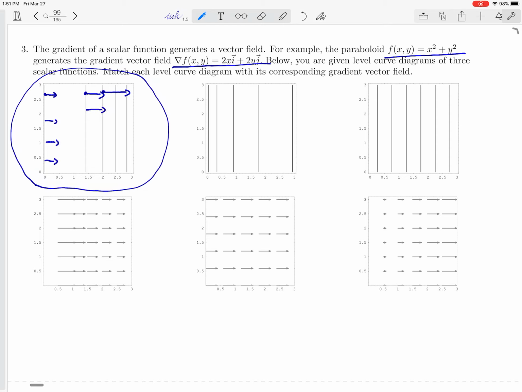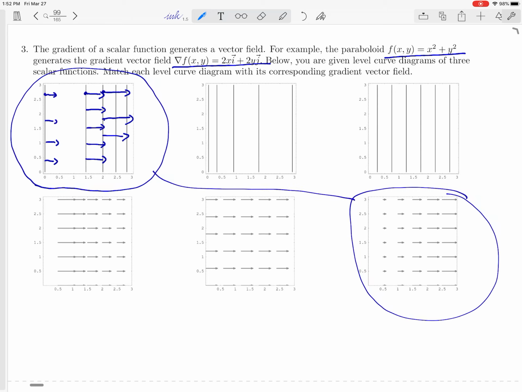And then I have lots of symmetry going on. So all the gradient vectors for each level curve have the same length. So once I choose a length, that's the one that I get for that level curve. So it looks somewhat like this. And so which one is it? It's not the first one, it's not the second one, it's the one over here in the lower right. So that behaves in the way that our level curve